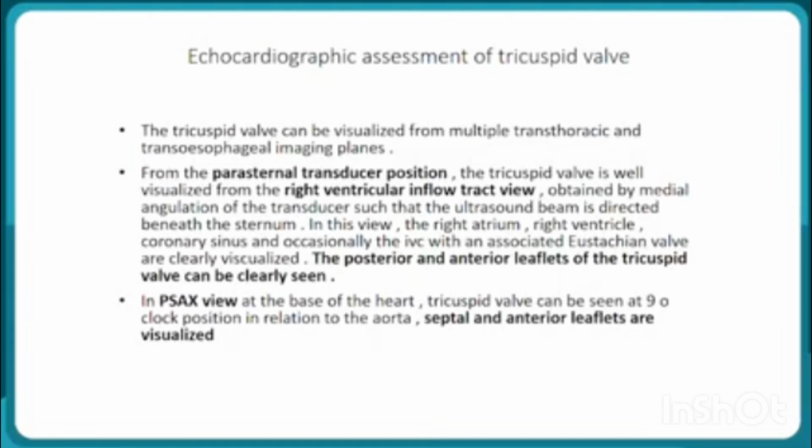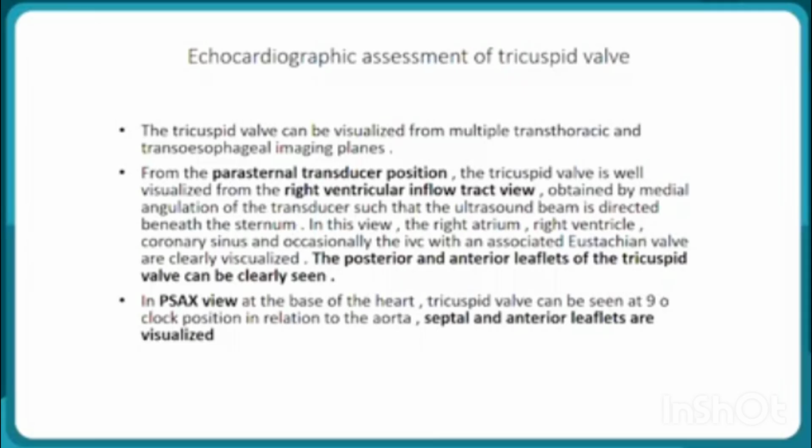For echocardiographic assessment, the tricuspid valve can be visualized in multiple transthoracic and transesophageal imaging planes. From the parasternal position, the tricuspid valve is well visualized in the RV inflow tract view. It is obtained by medial angulation of the transducer such that the ultrasound beam is directed beneath the sternum. In this view, the right atrium, the right ventricle, coronary sinus and occasionally the IVC with its eustachian valve are clearly visualized,